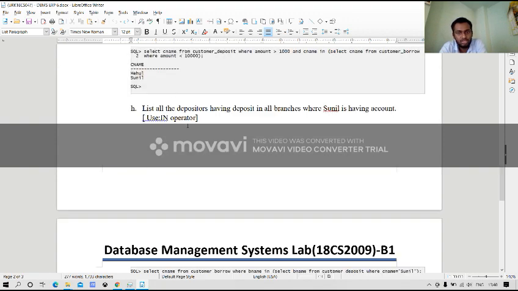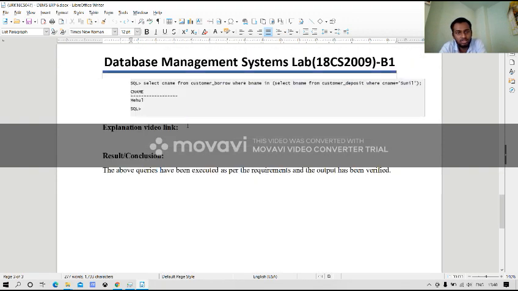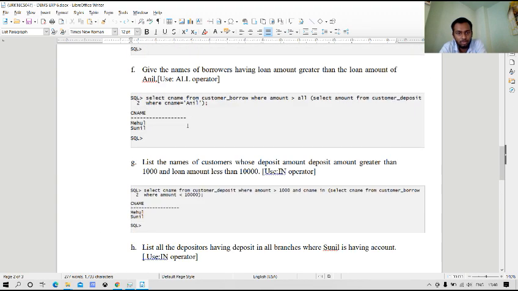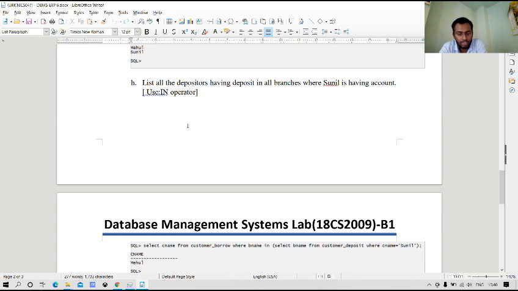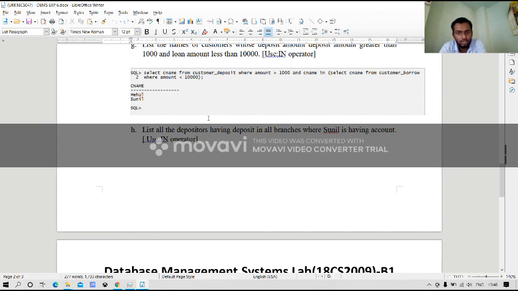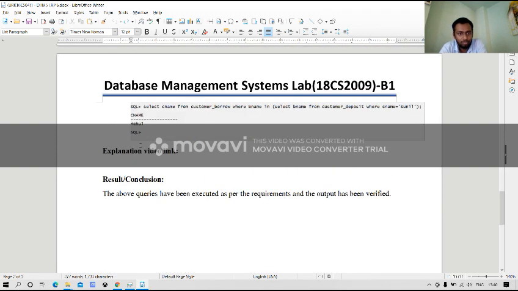We have to select the customer who has an amount and loan where Sunil has. So only Mehul has it. So it displays the CNAME as Mehul. So that's it. This is how it works.